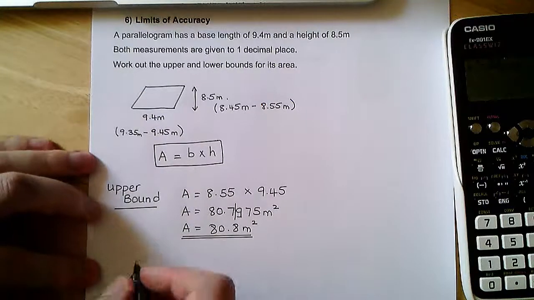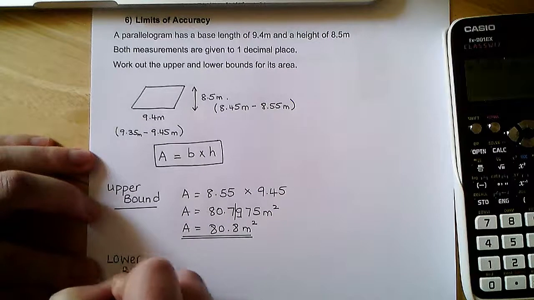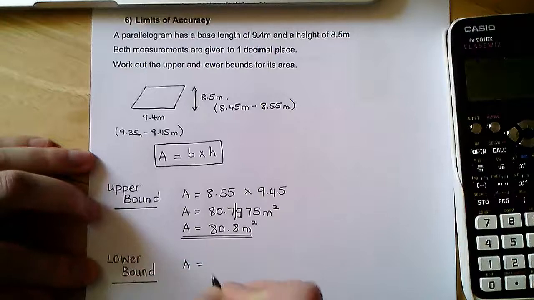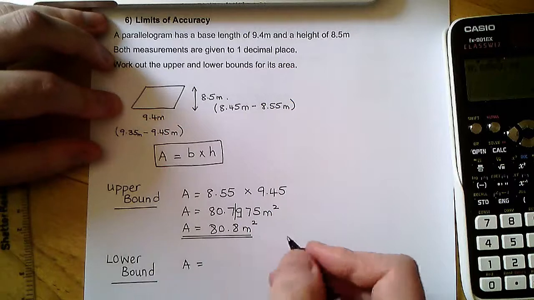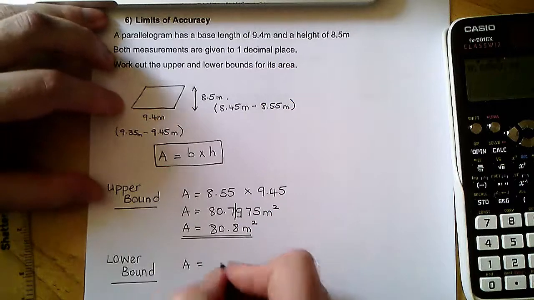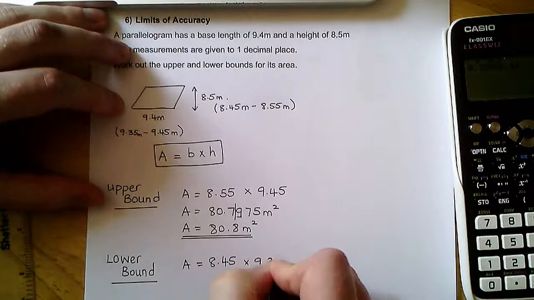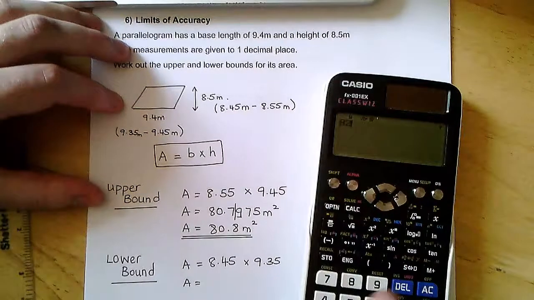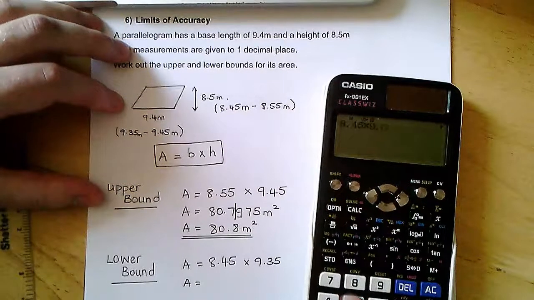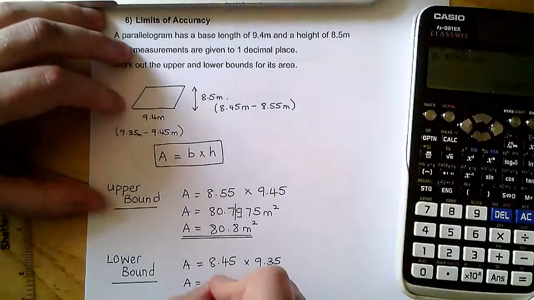And very similarly, the lower bound, so the area is going to be the lowest possible base, which is 9.35, times by the lowest possible height, which is 8.45. Multiply them together. Gives you 79.0075